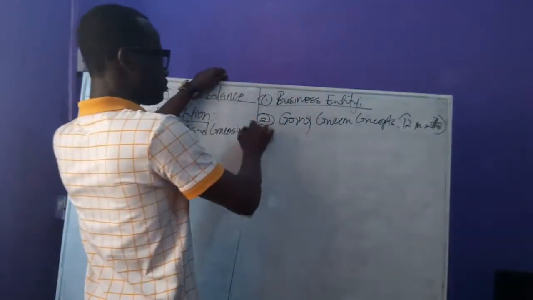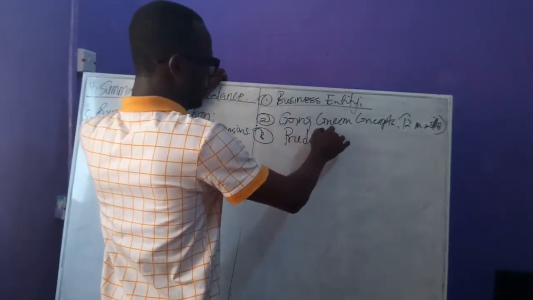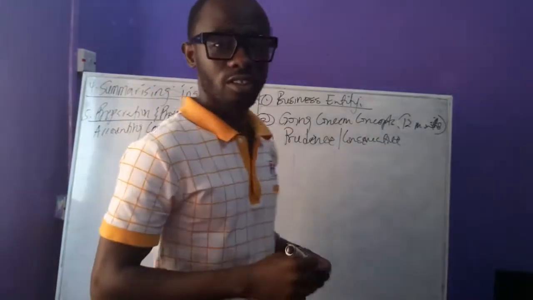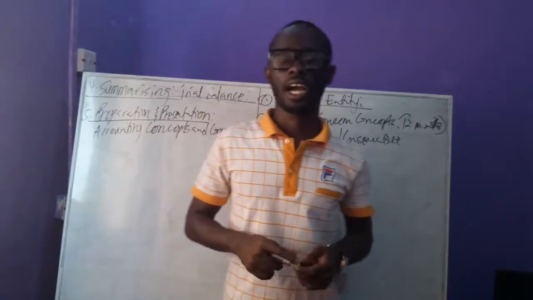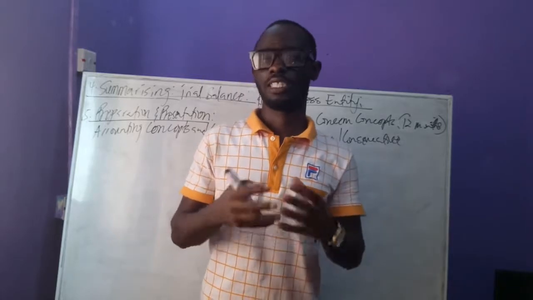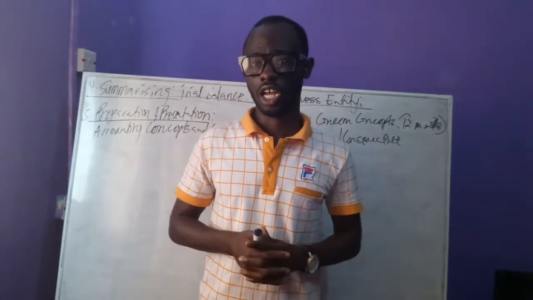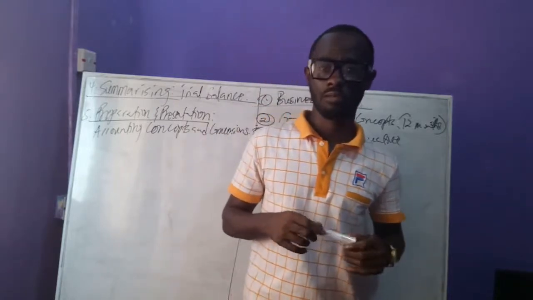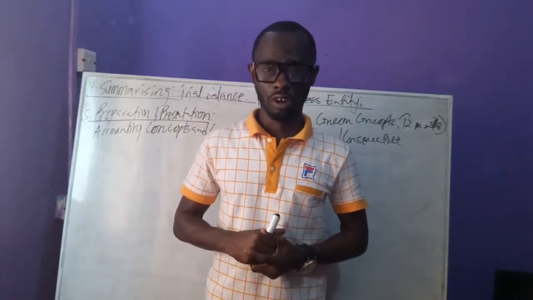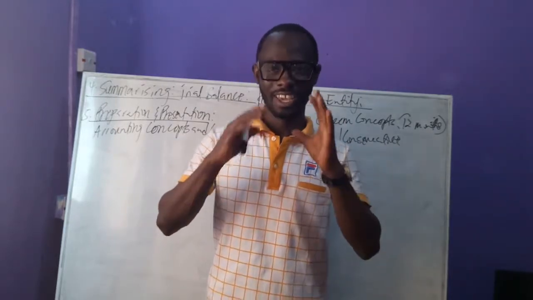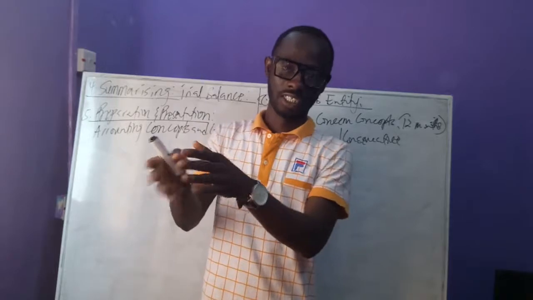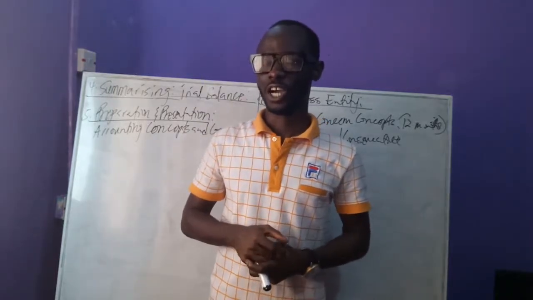The next one is called the prudence or the conservative concept. Now, the prudence or the conservative concept simply says that the accountant is prohibited from making provision for future profits, but is mandated to make provision for future losses. So, what did I just say? Let me take that again. The accountant is prohibited from making provision for future profits, but is mandated to make provision for future